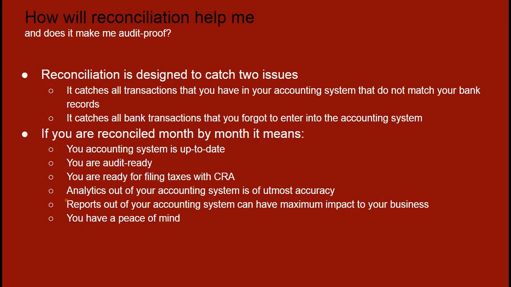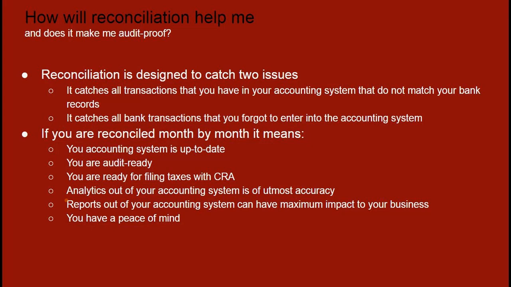And on top of that, your accounting system is going to be up to date. You're audit ready at any given time. Because if you've done your reconciliation, that means the numbers are pretty much confirmed. Then every ledger, every journal, whether that's trust or general related, technically is a click of a button to generate when you're actually getting into an audit. If someone asks you for your March 2019 trust ledger, if you've done your March reconciliation, boom, you can just go generate that report and then provide it to your auditor on demand if it really comes down to it.